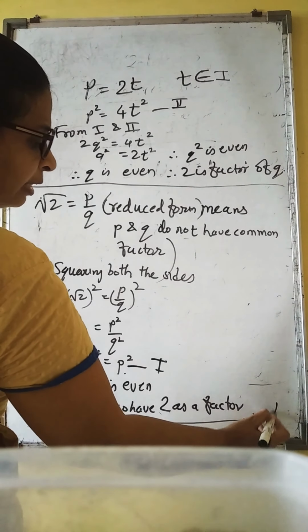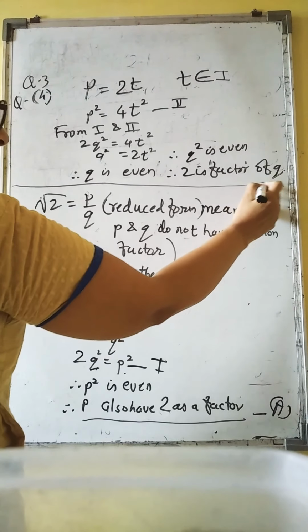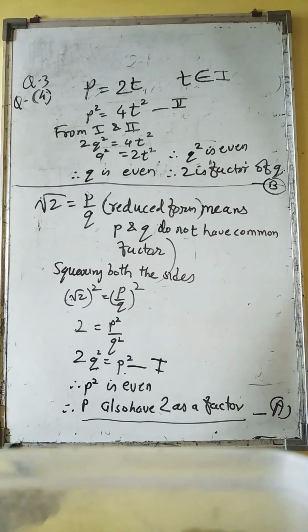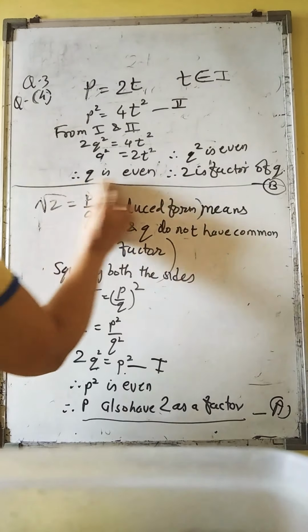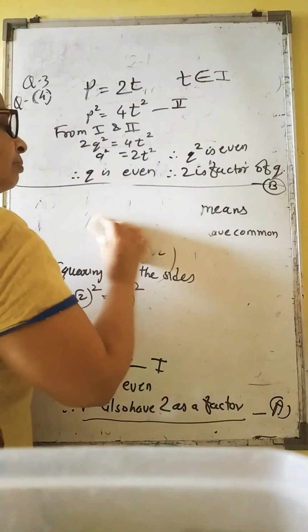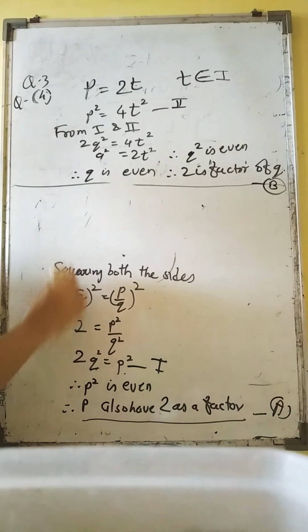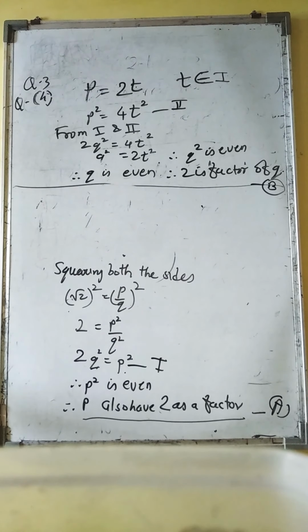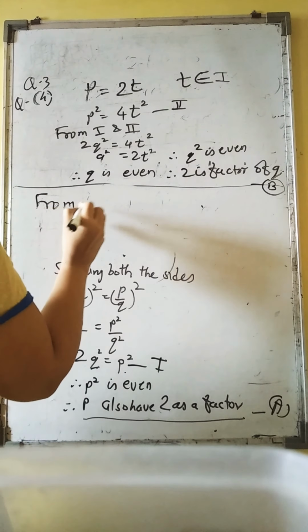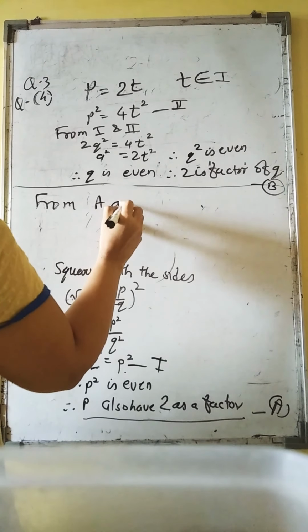Give this as result A, give this as result B. So what do we have from A and B? So from A and B,